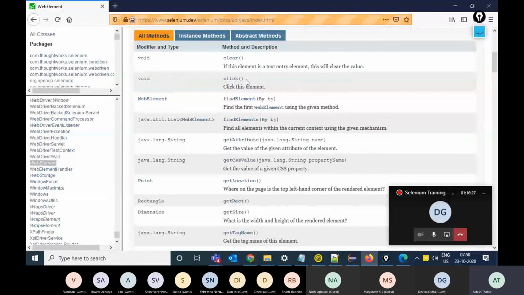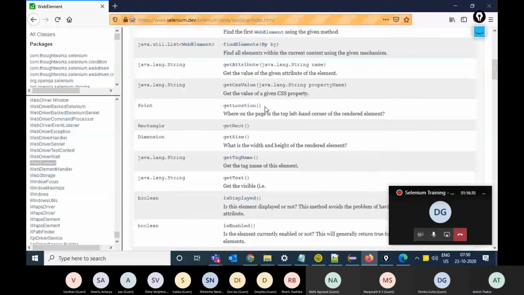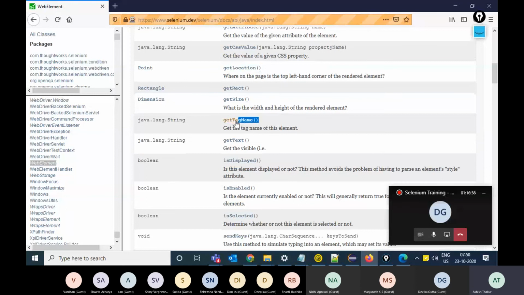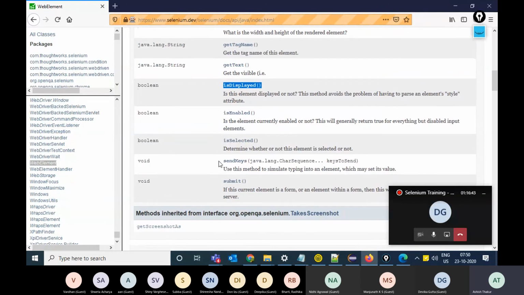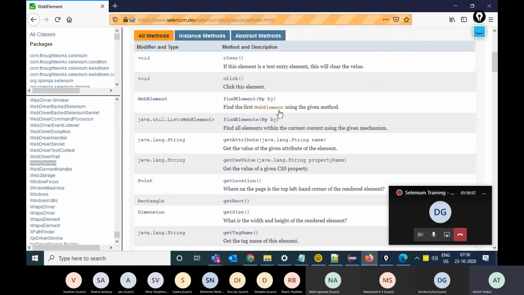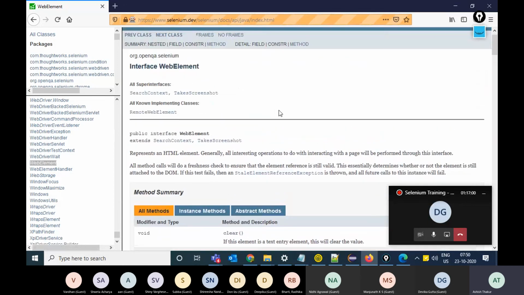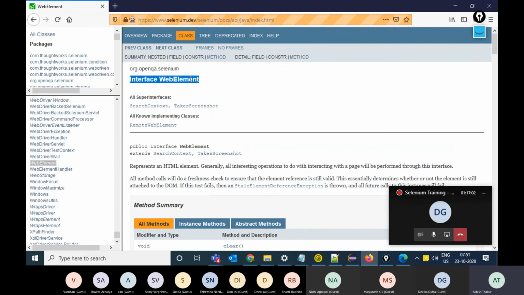For example, what all interactions you do with any element: you click on the element, you clear the value of an element, you get the location of the element, you get the tag name, you get the text, whether the element is displayed or not, whether it is enabled. SendKeys will type something in the element. Submit will submit the form. So these are the generic interactions which you perform on any element, and these interactions are taken care of by the WebElement interface.